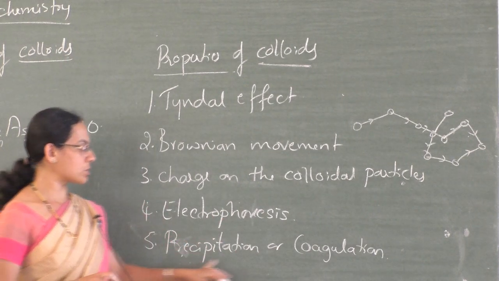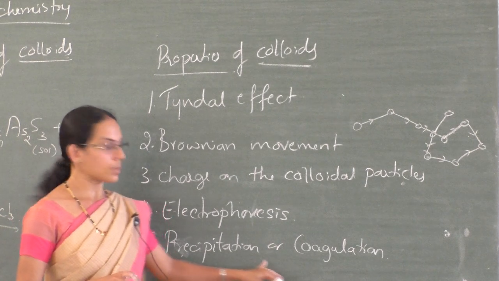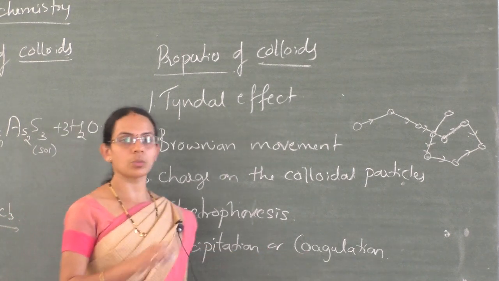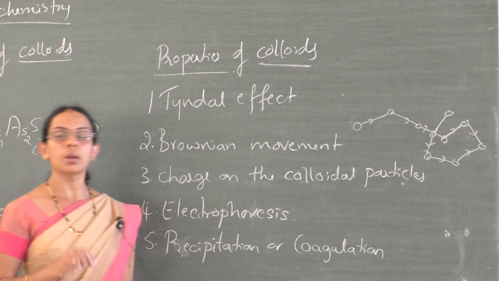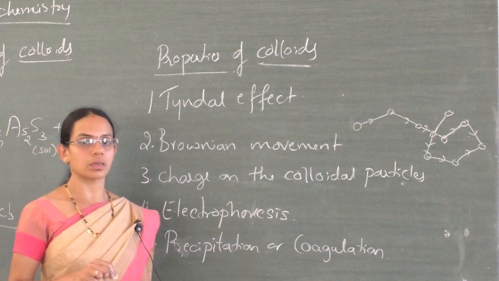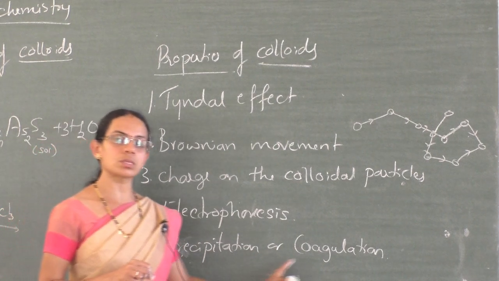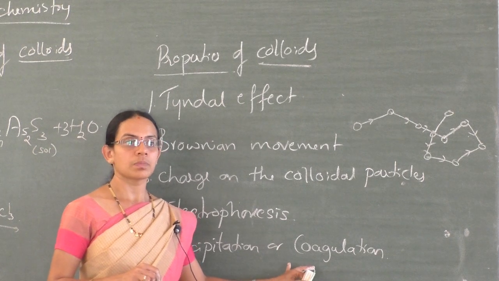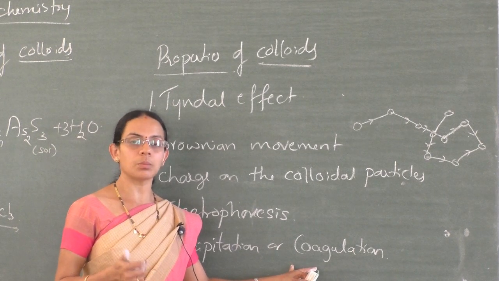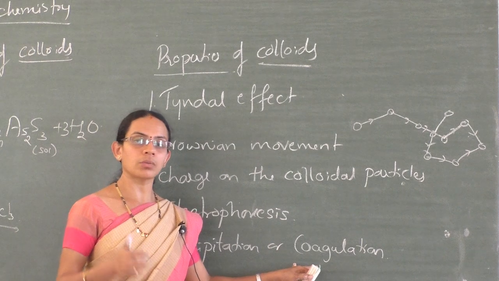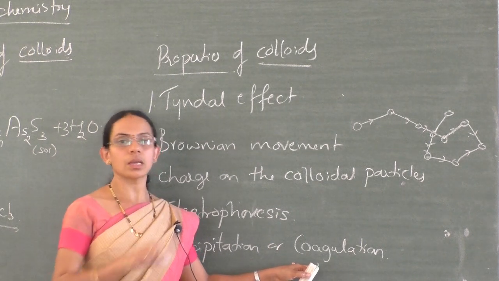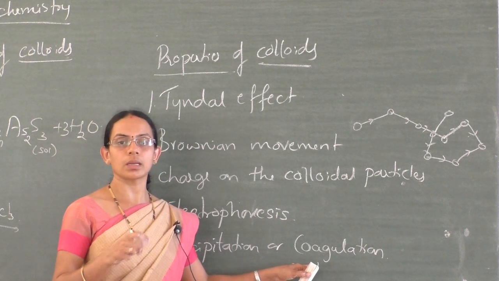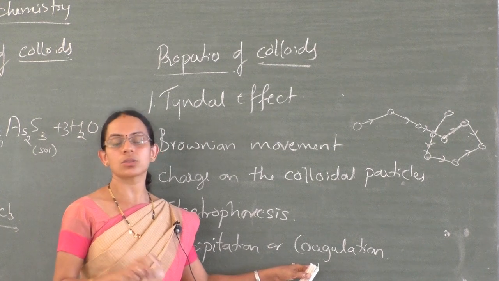So that process is called precipitation, or coagulation. Removal of charge can cause the precipitation of colloidal particles. So how can we remove the charge on colloidal particles? The simplest way is by boiling. By boiling, the fixed layer of charge on the colloidal particle is disturbed, hence it leads to the coagulation